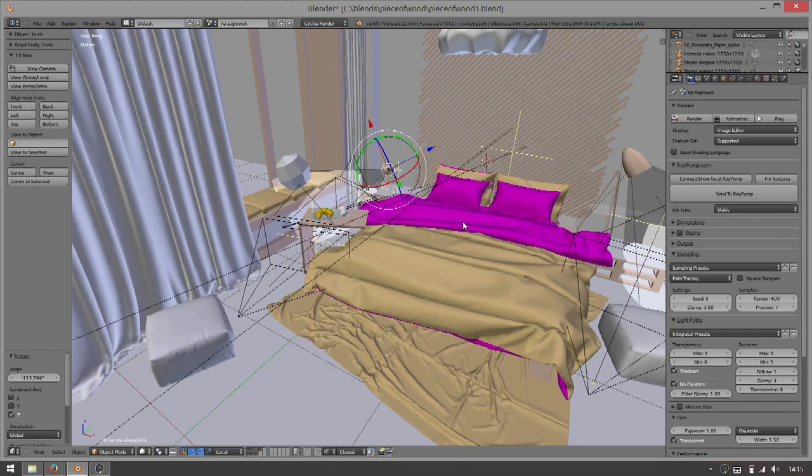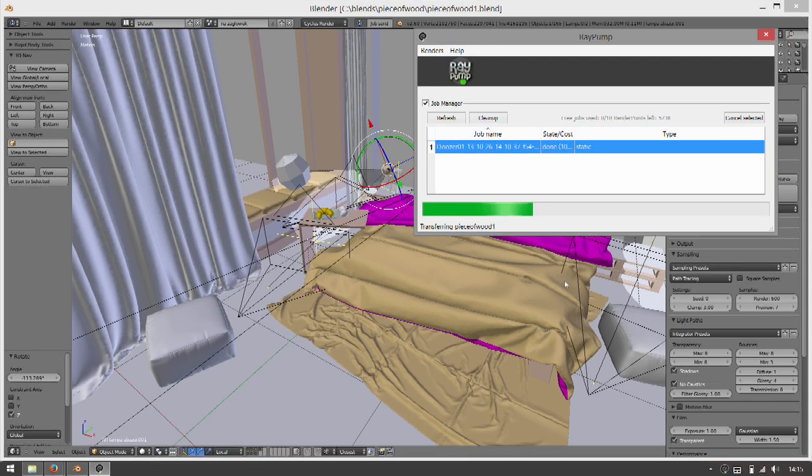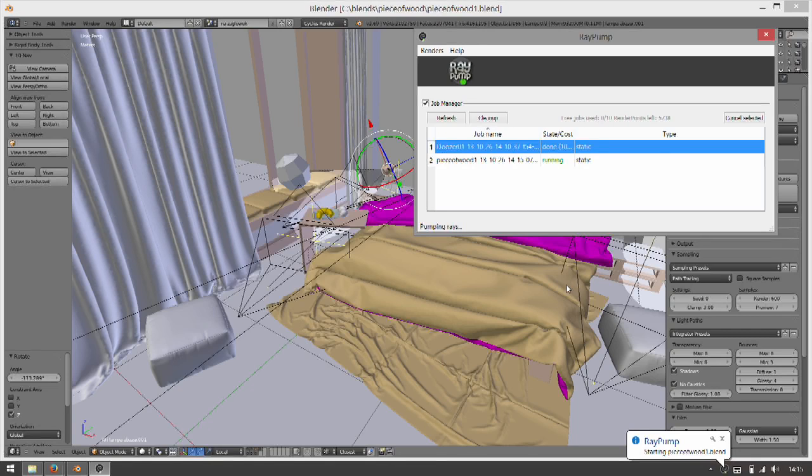So the scene can be changed in much more serious ways, but the effect is always similar. The upload phase will take only a few moments, like transferring here, and that was a 200-something megabytes scene, and it's already transferred. So the issue with uploads to the render farm is solved here. It disappears,